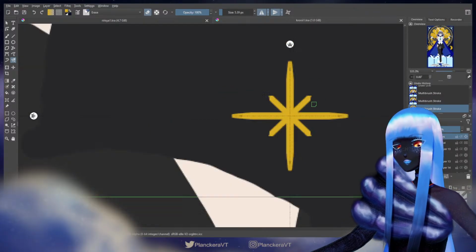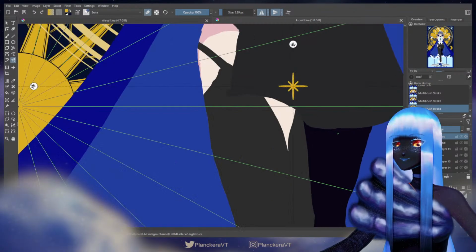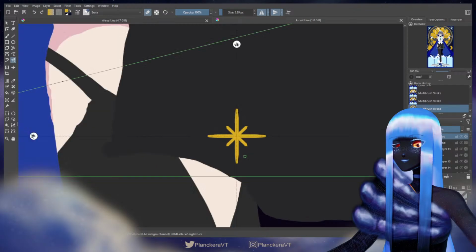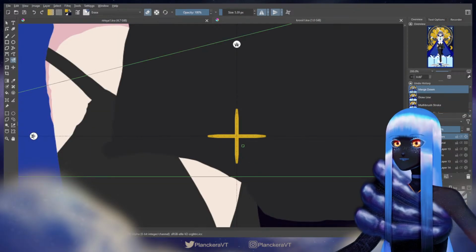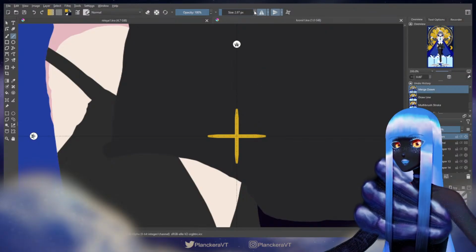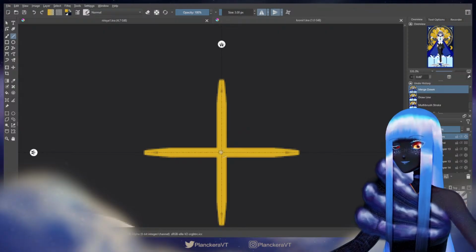I think that might even be thicker than what I want. A little bit. Yeah, I think I want it to be a tad thinner, so I need the tinier line tool. Go back to 3 pixels. Sounds good to me.